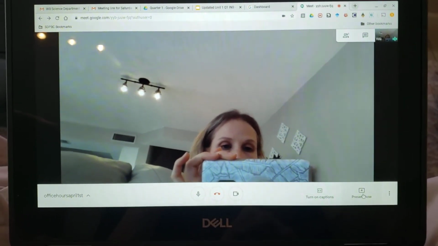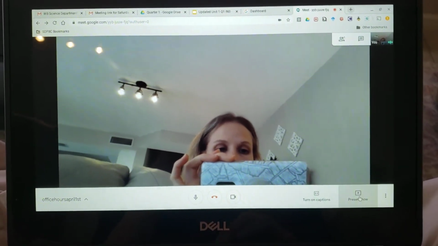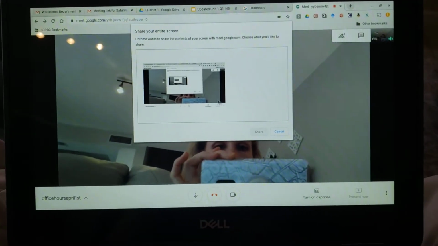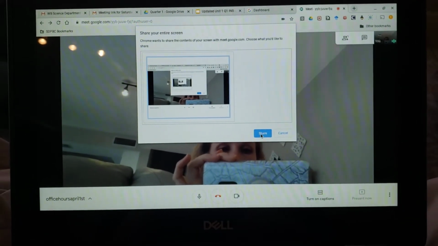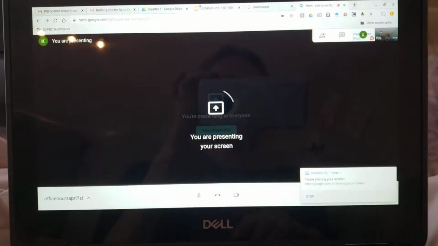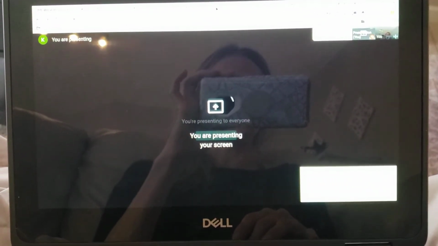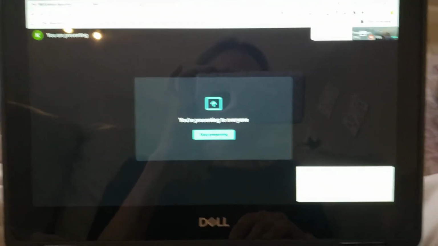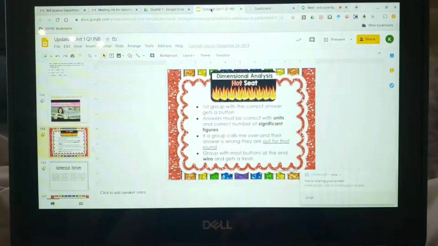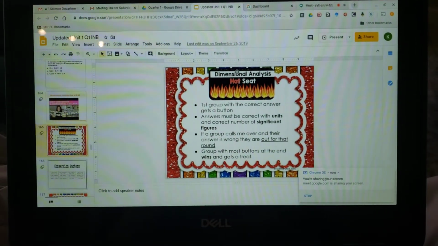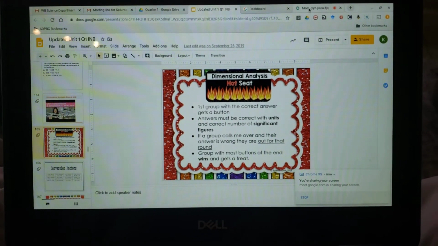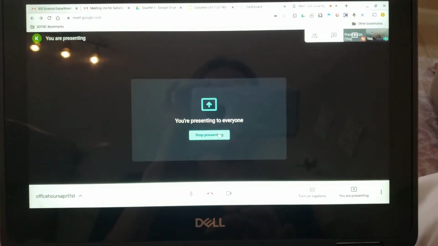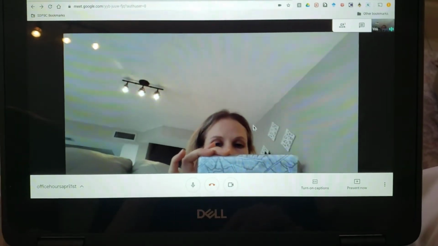That's right. Okay, so if I wanted to present some slides, I could do Present Now, your entire screen, and then that way you select the picture of the screen, press Share, and then you can go to a slideshow on a different screen. It's loading. Oh, all right. Sorry, the lighting is just a little weird. So you could open up a slideshow, go through some slides, and narrate it with the students while they're live on Meet. Once you're done presenting, you can just stop presenting. It'll go back to your normal